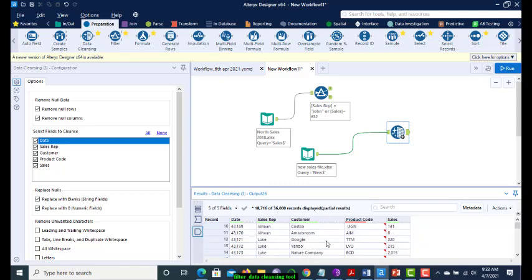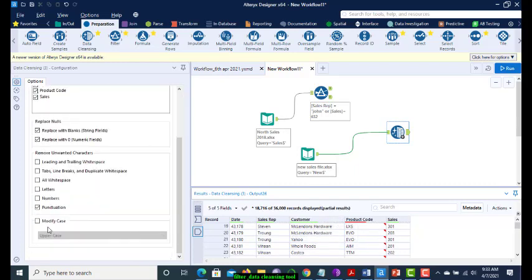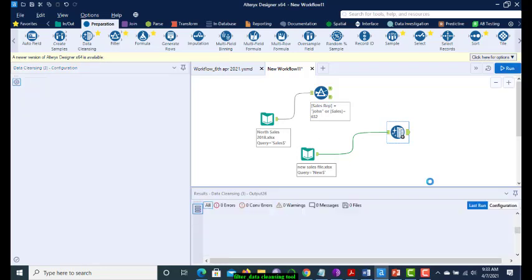Now see, in the 7th row Jerry underscore has been removed and it's Jerry only. Here it was Mac Landon's, and here Mr. Piss had a comma and single quote, so that is also removed. And we can modify case: uppercase, lowercase, title case, whatever you want, you can select it and then run it.